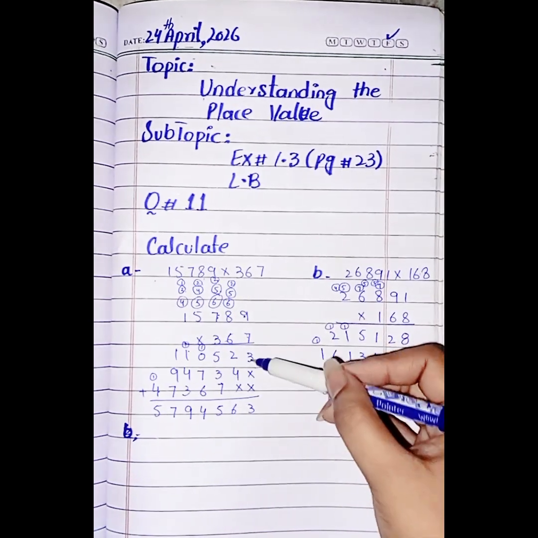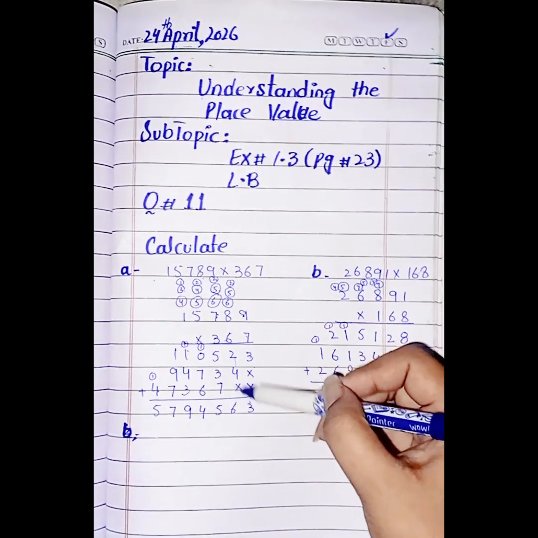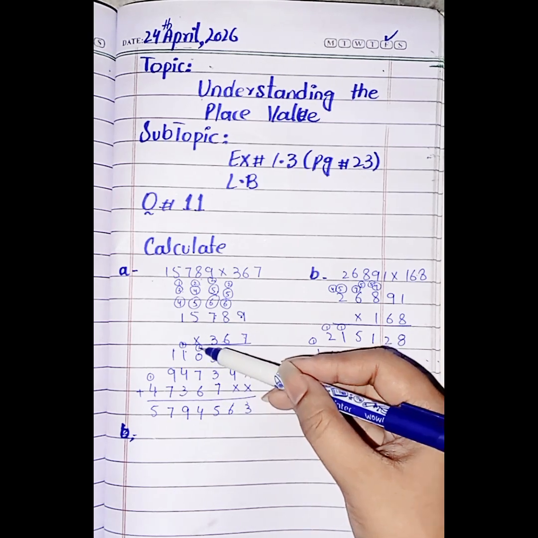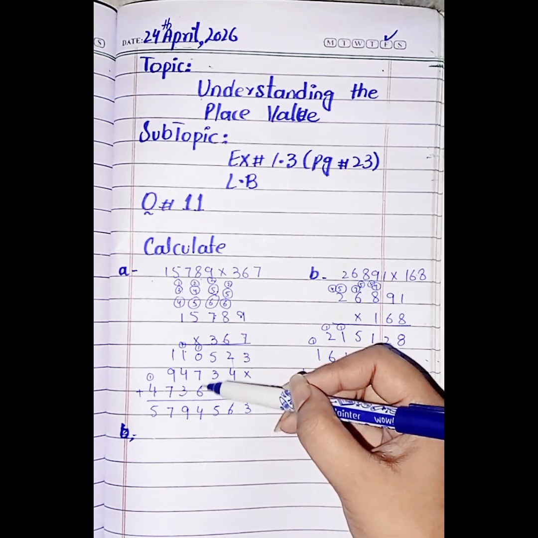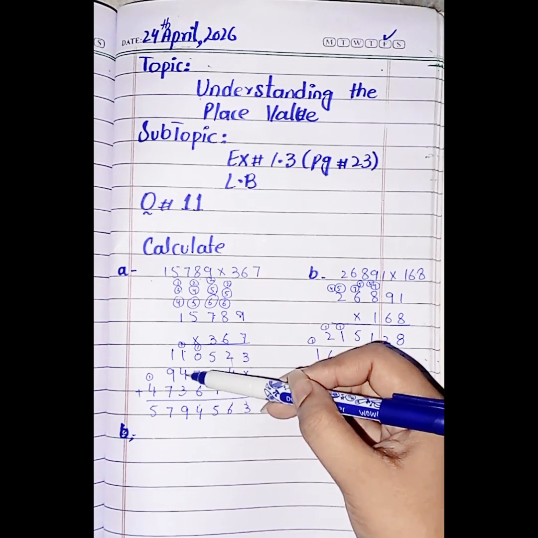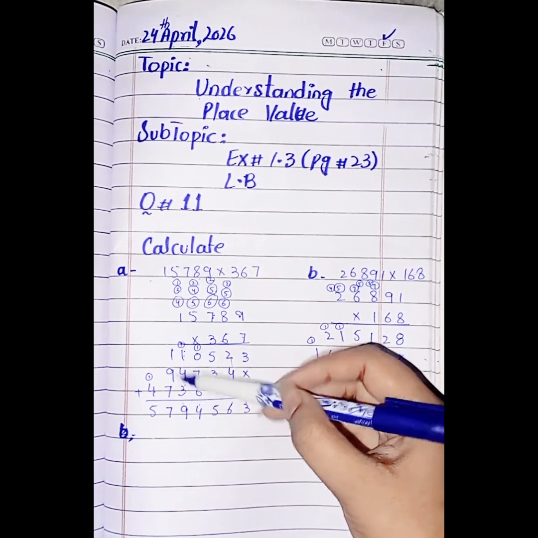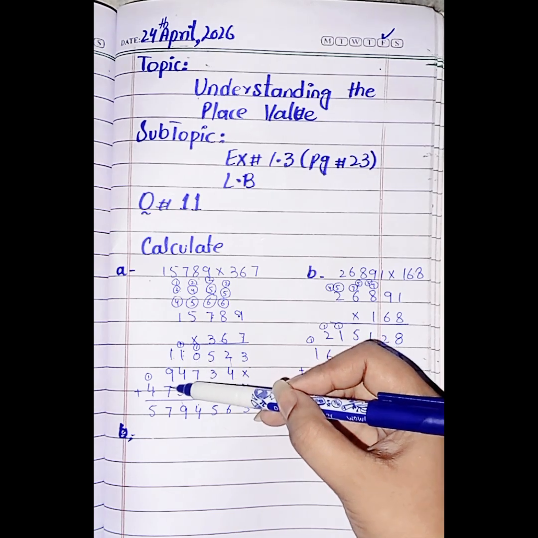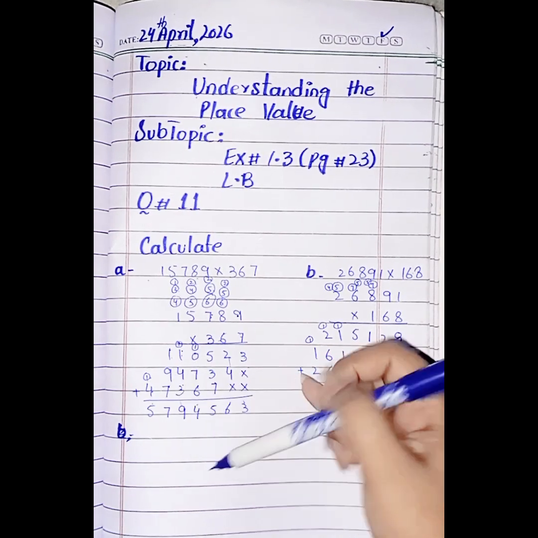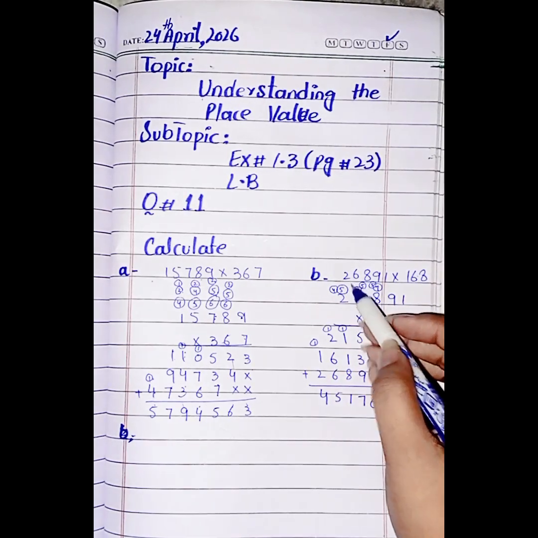Now find the sum of these numbers. 3 and 4 is 7, 6 and 7, 3 is 10, adding 5 in 10 is 15, 1 will be the carry. 7 and 6 is 13 and 1 is 14, write 4 here and 1 will be the carry. 4 and 3 is 7, 1 is 8 and 1 is 9. 9 and 1 is 10 and 7 is 17, taking 1 carry. 4 and 1 is 5. Now students, look at this question.